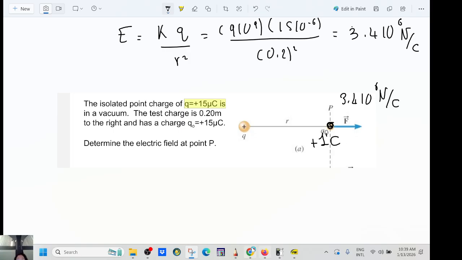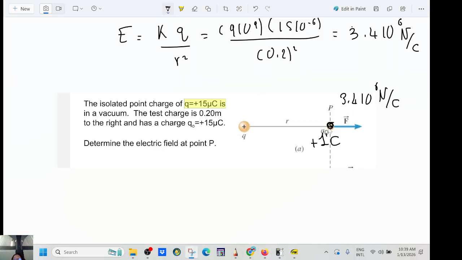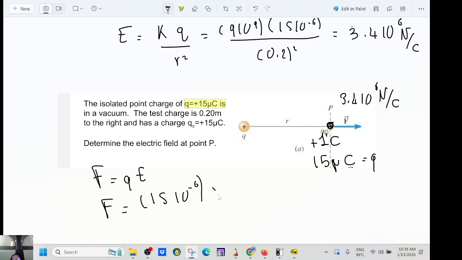And because usually the charge is much smaller, let's say you have a charge of 15 microcoulomb. So let's say now, at that place here, I'm going to put 15 microcoulomb instead. Okay, so F equals QE. So the electric force will be Q times